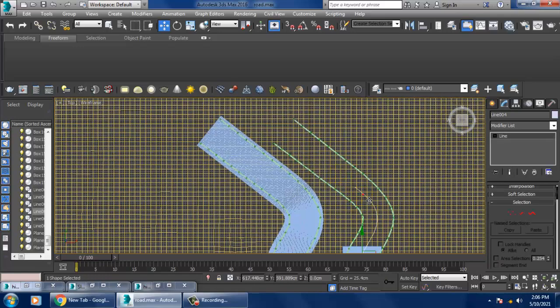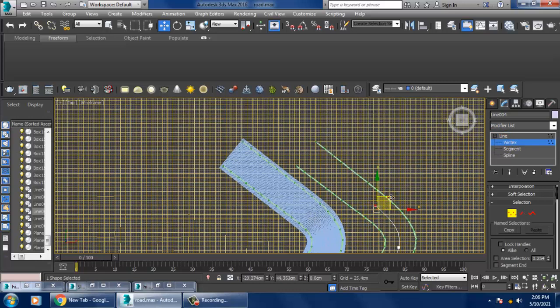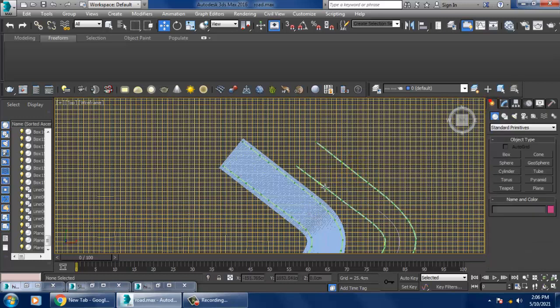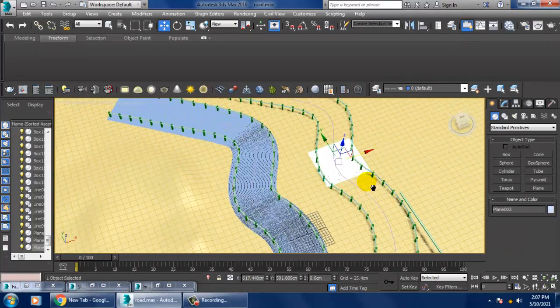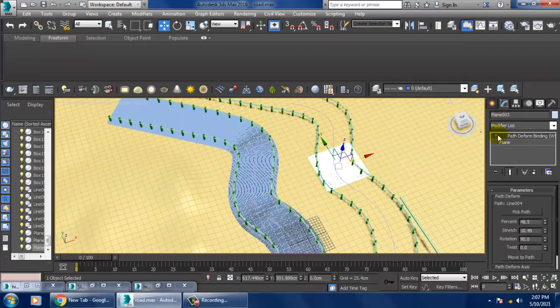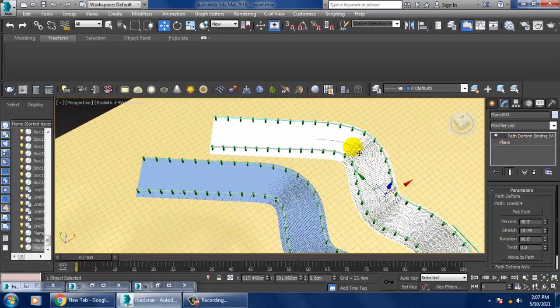So select this path over here. Okay, there is a path over here. So on this, select the shape.